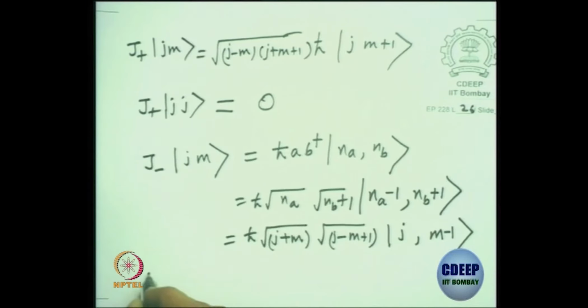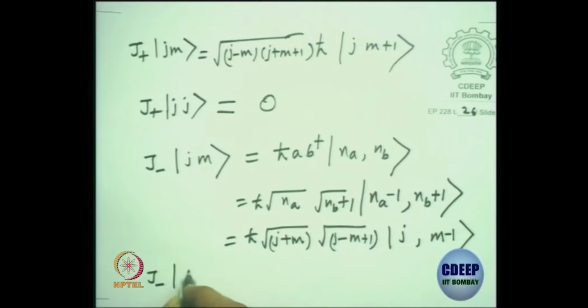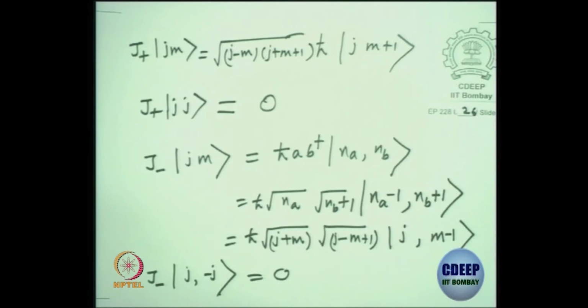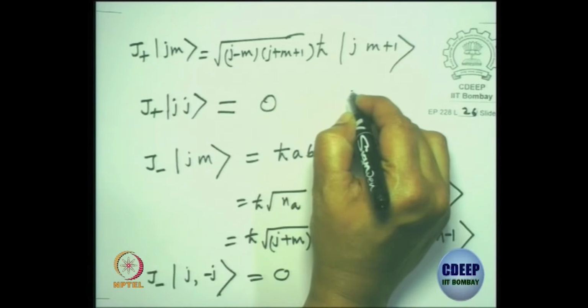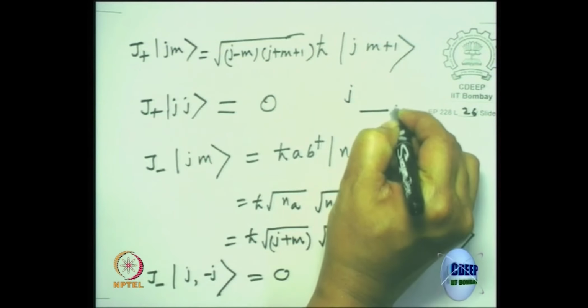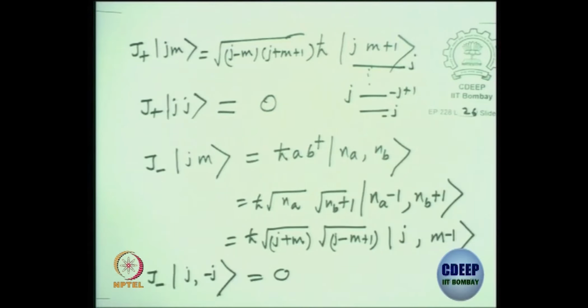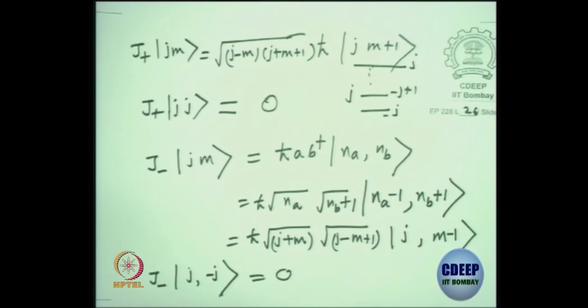What happens for J minus? M equal to minus J, if I operate, look at this eigenvalue, it will become zero. So, what do we get? We get states for a specific J, it goes from minus J, minus J plus 1, dot dot dot, and there is an upper bound which is plus J for the magnetic quantum number. For a given J eigenvalue, this M magnetic quantum number will take values from minus J to plus J. So, all states with a given J will be 2J plus 1.